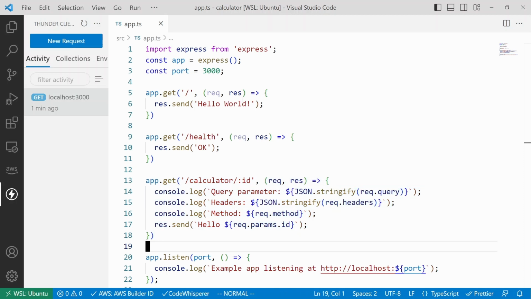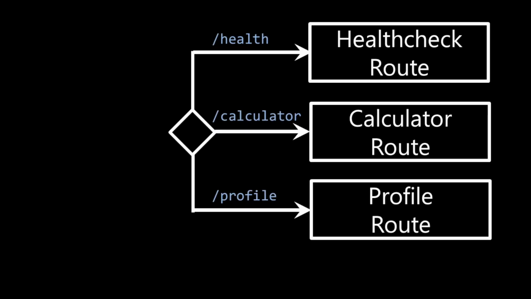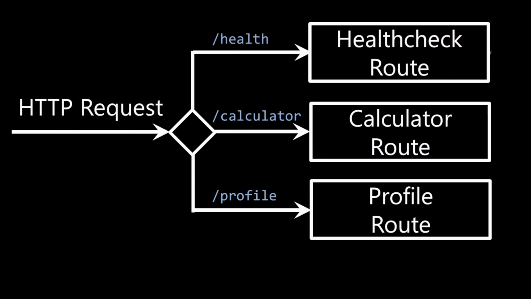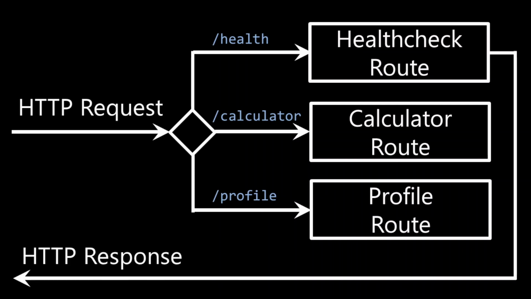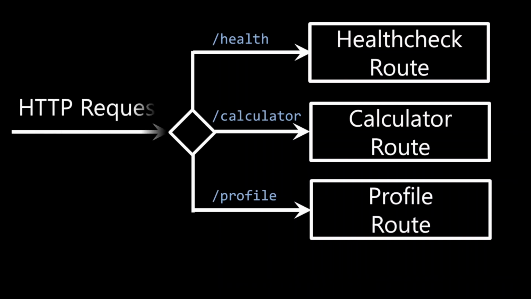Another problem you may face is that as your REST API gets more complex, you may have more and more endpoints, and putting them all in one file may become unmanageable. There's a feature in Express.js called Router, which will help you organize your endpoints easily. Router is like a map that tells Express.js what to do when someone visits a certain path on your website or app. For example, you can have a router that handles the calculator path and another router that handles the